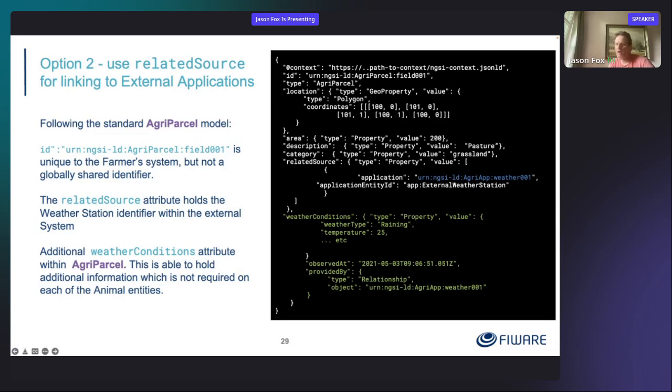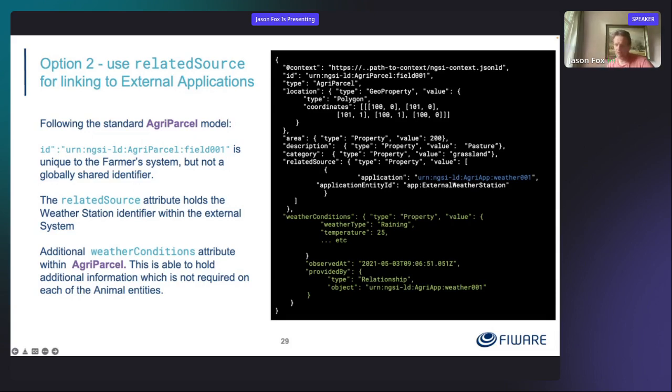So the agriparcel itself is able to hold the mapping between my ID and their ID in this particular case,